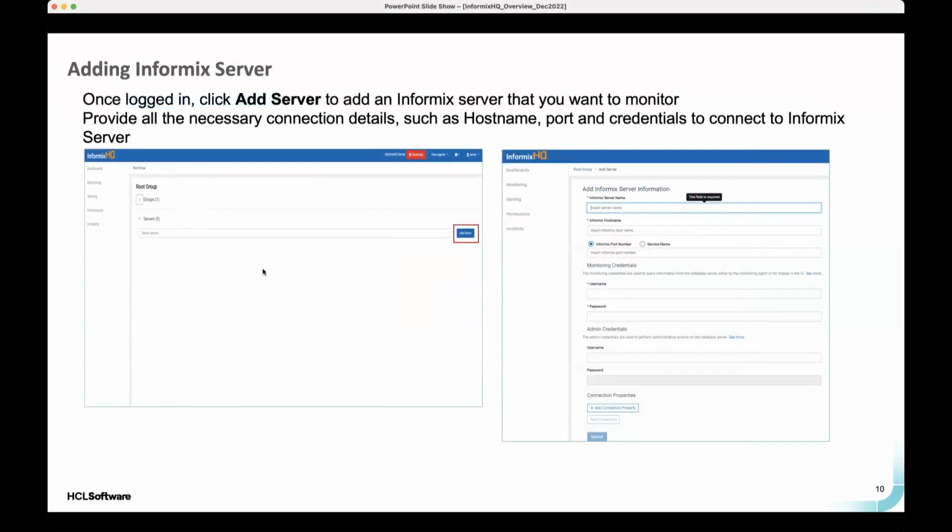Once the user has logged in, I will show you in the demo as well, the user will be redirected to this page. Inside this page, the user needs to click on add server and give some basic properties like the server name the user wants to give,